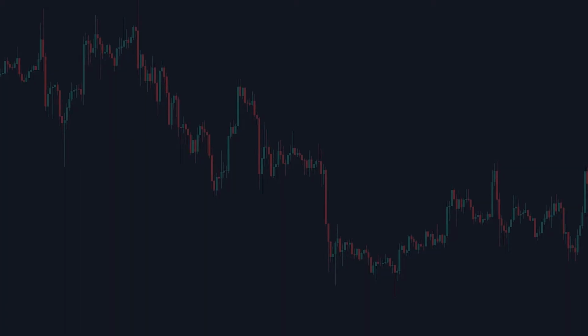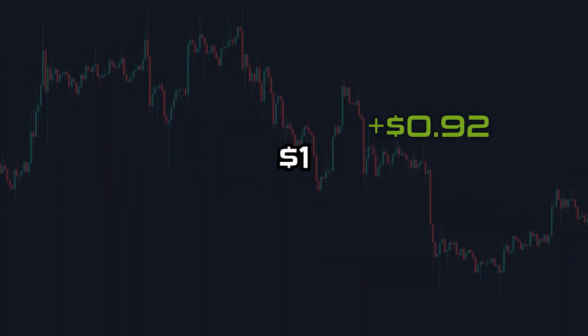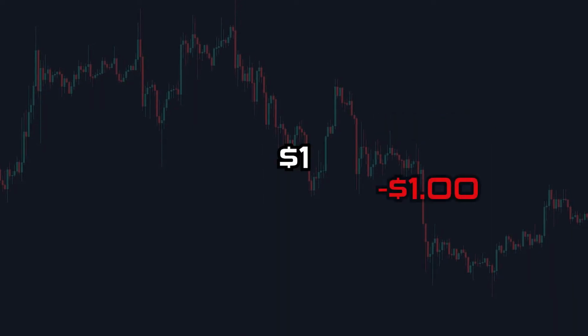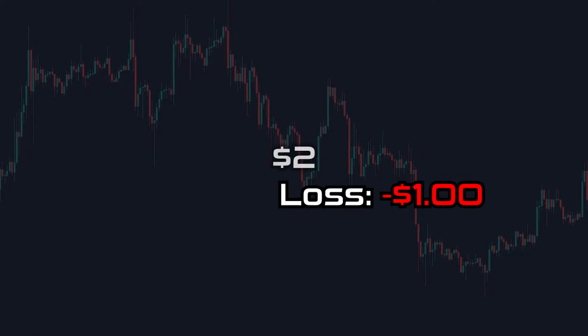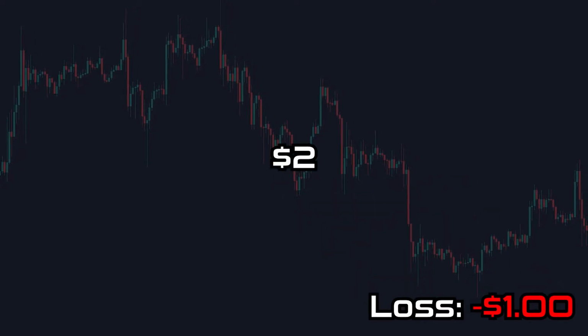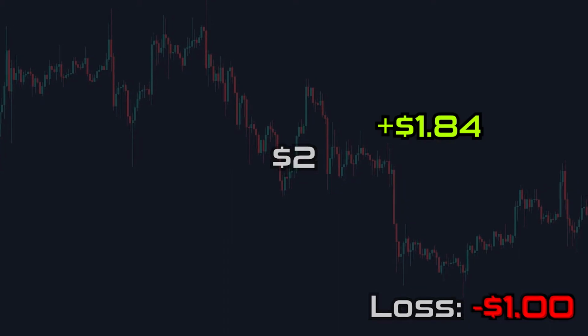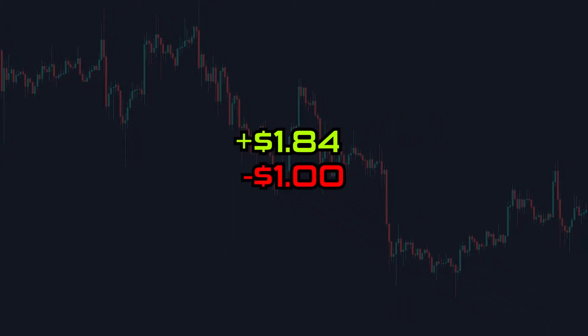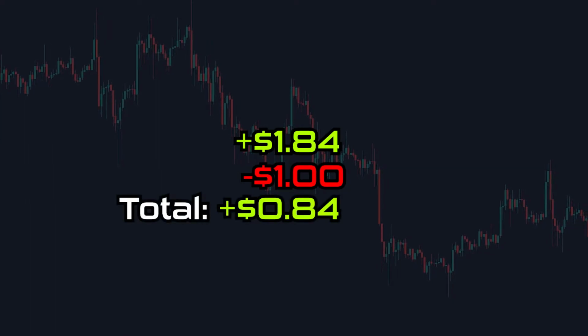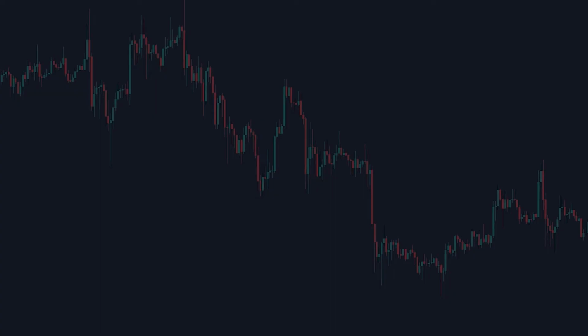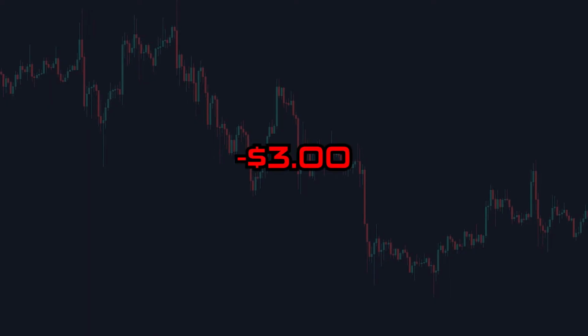Let's assume you placed a trade, risked $1. If you won, you are happy. If you lost, you are sad. But risk $2 now. With a 92% payout, you can win $1.84. If you win, you technically cancel the previous losing trade and also get up 84 cents in total. Or if you lose again, your loss becomes $3.